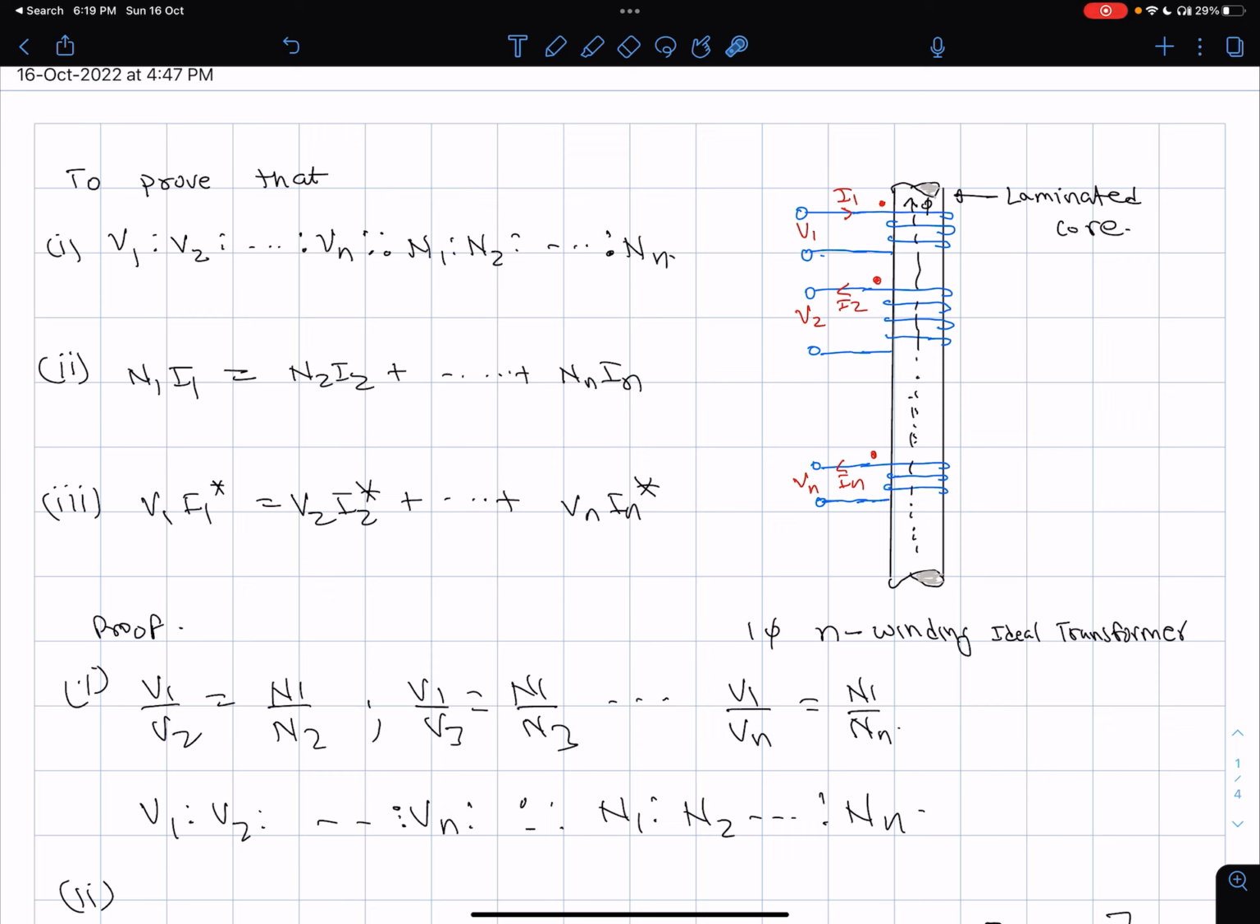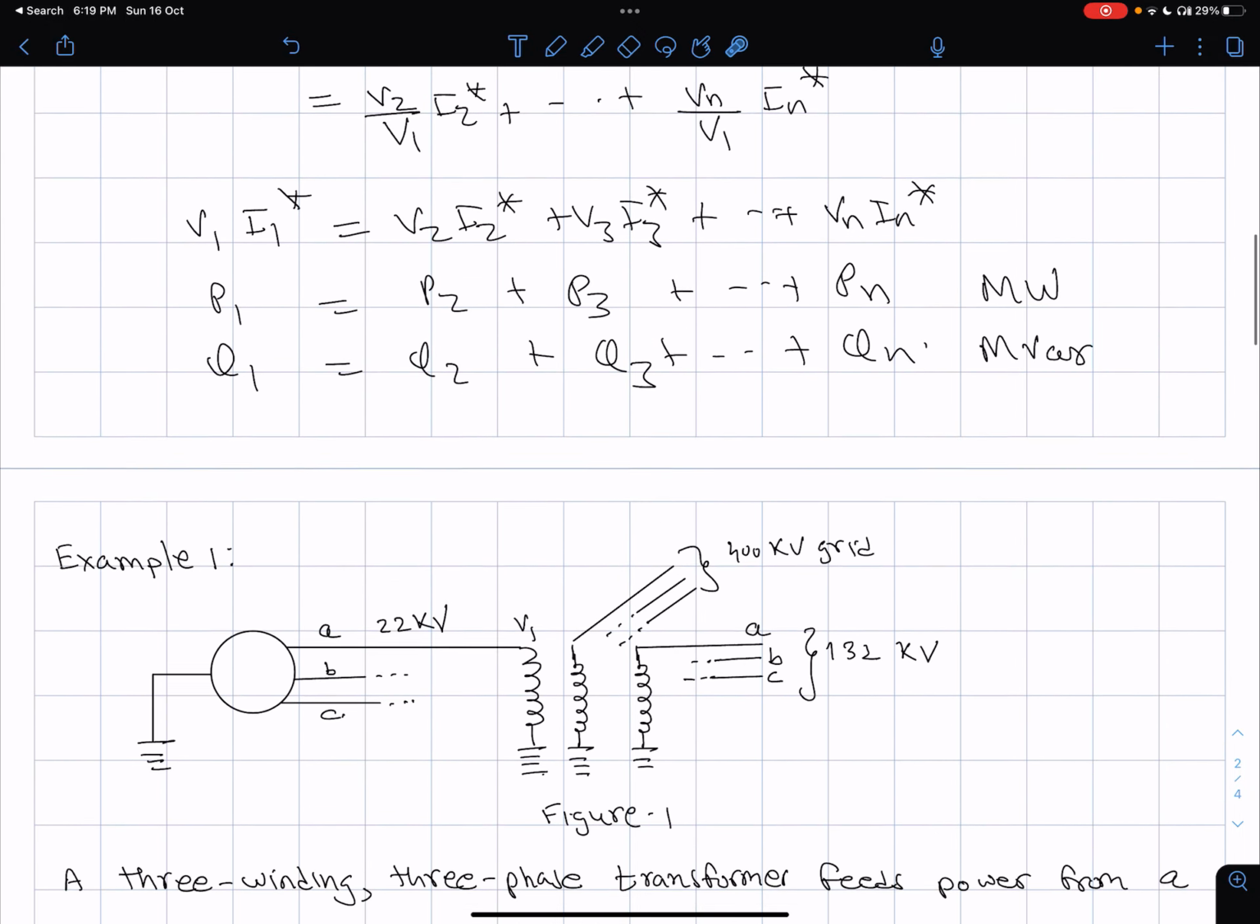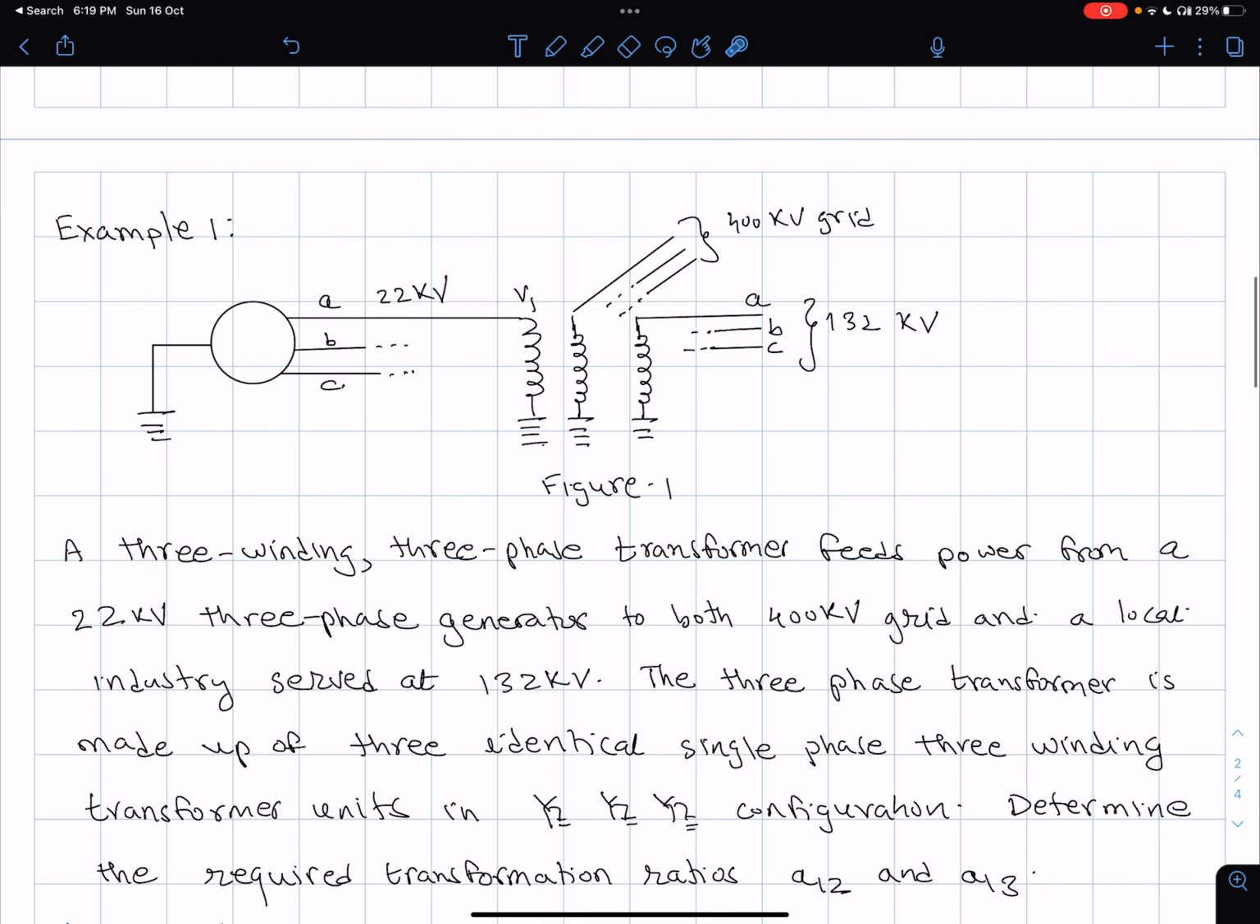3-winding is very popular. For example, in a generating station, you will have a generator which is generating bulk power. I have an example here. Let's read it. A 3-winding 3-phase transformer feeds power from a 22 kV 3-phase generator to a 400 kV grid. This is the transmission grid,